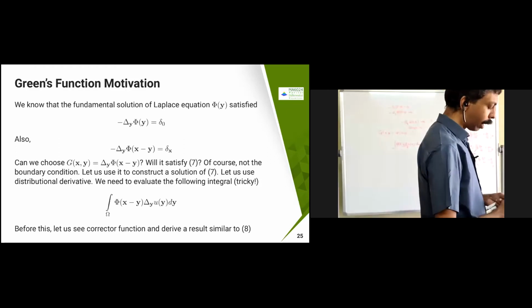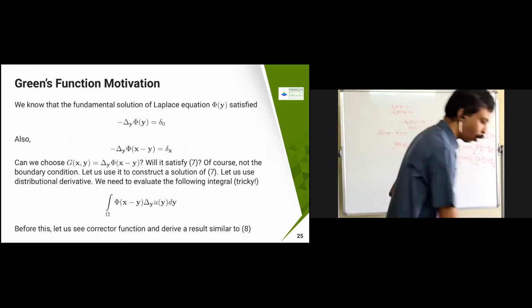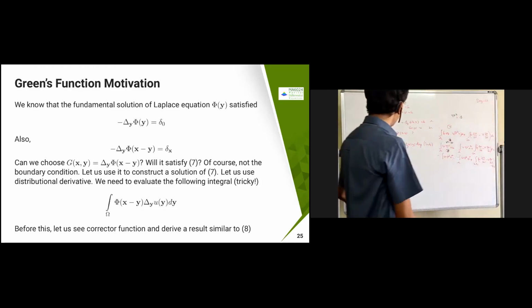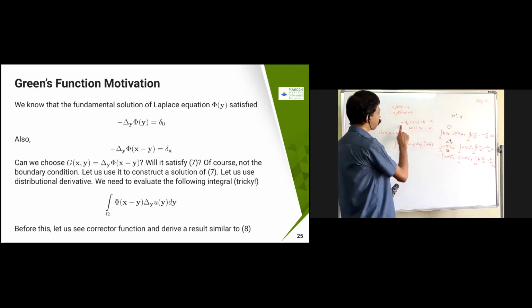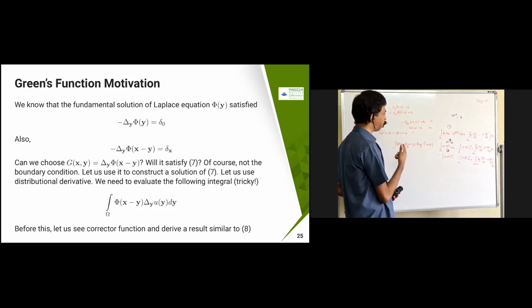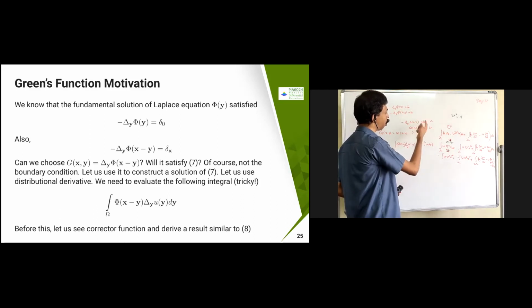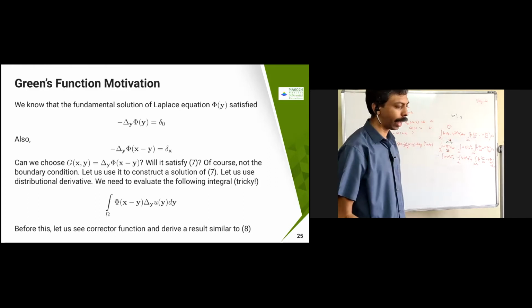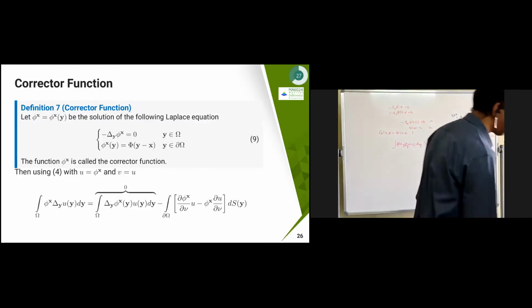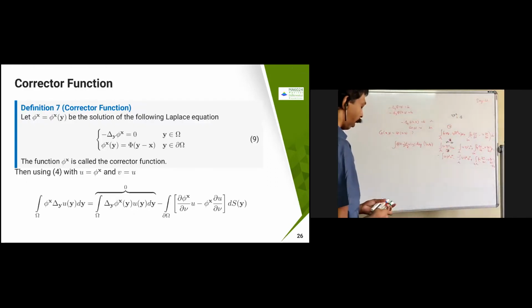Before that, we'll go for something called the character function, because what we got is that this almost satisfies, but G of x, y equal to 0 is not going to be satisfied. Therefore, we need to correct that function. I'm going to choose another problem, with this one as 0 and this one as pi of y minus x. We call it the character function, which is almost like the reverse of whatever we have here.